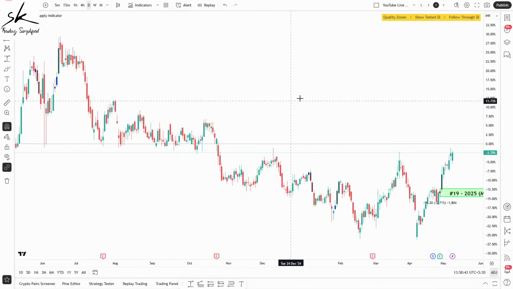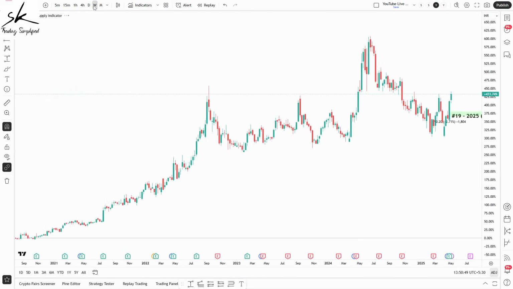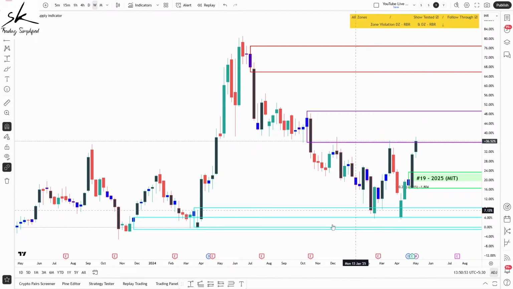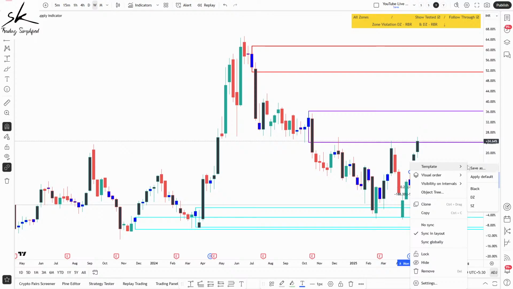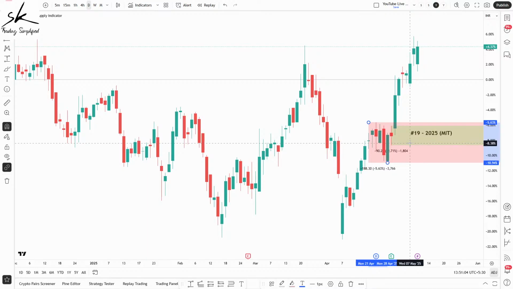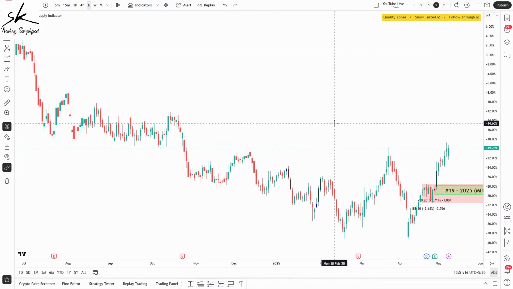So let's verify: does the zone I have identified coincide with any intermediate time frame zone? In this case, our intermediate time frame is weekly, and here you can see on the weekly we do have a rally-based rally structure available. So let's draw this. That's my weekly zone. Let's change the color. Now the one in pink is my intermediate time frame zone. The one in green is my lower time frame zone. So is my lower time frame zone inside my intermediate time frame zone? The answer is yes. So we do have a coinciding level. Now once we know this is a coinciding level, we have to check: do we have only one zone inside of it or do we have multiple zones?